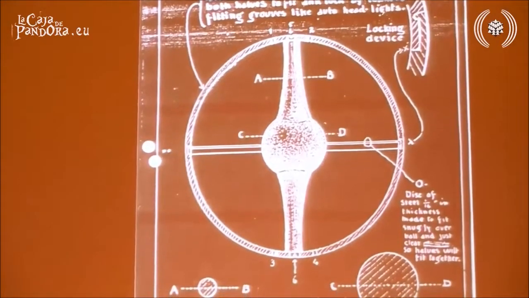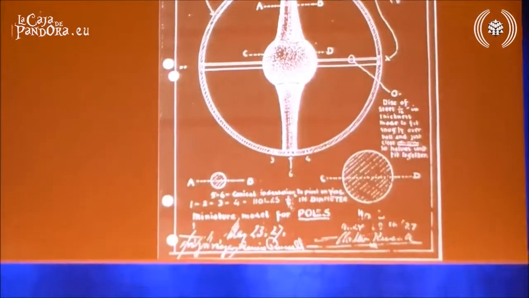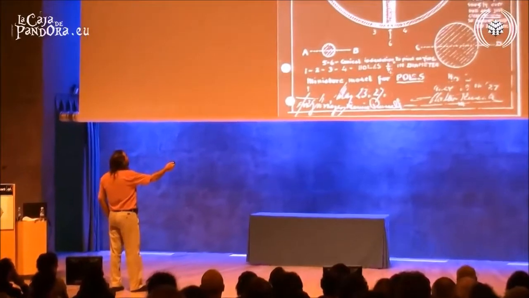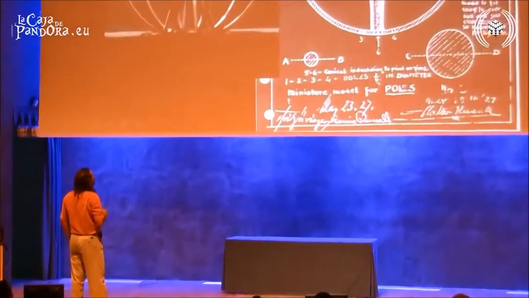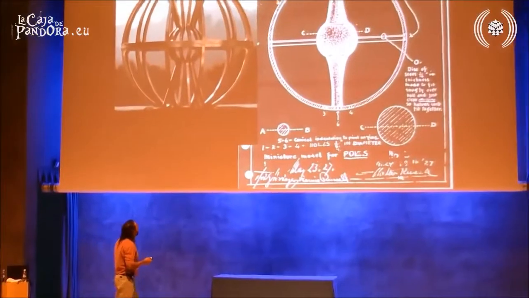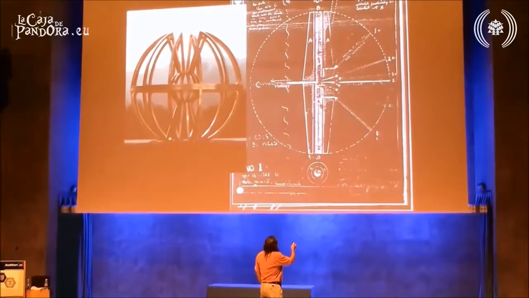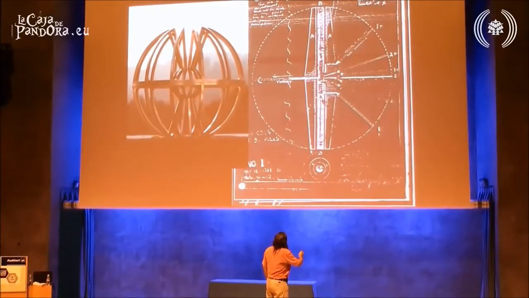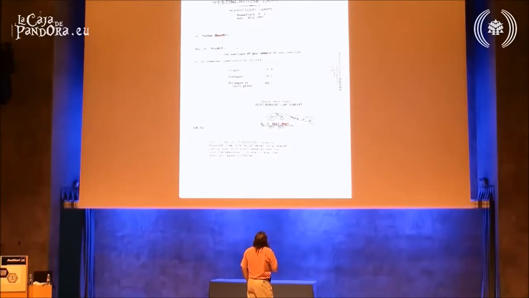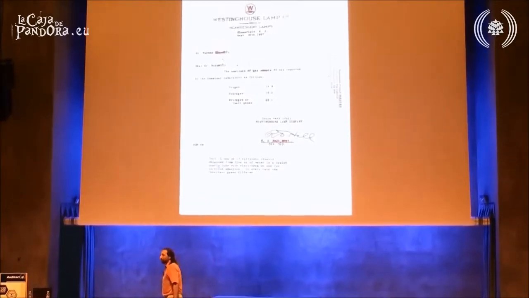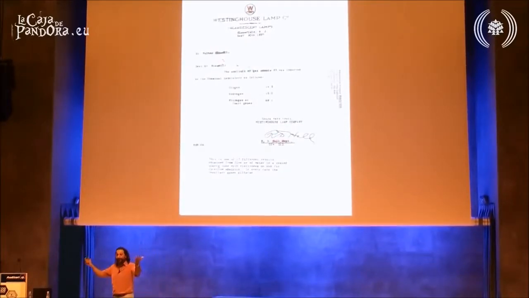And it showed a device that was very similar to what I had just built. Built by Walter Russell. Look at how close it is. You can see the blueprint gives good details on angles, very similar angles and so on. And the file came with a report from Westinghouse Laboratories from 1927, where the device was tested.